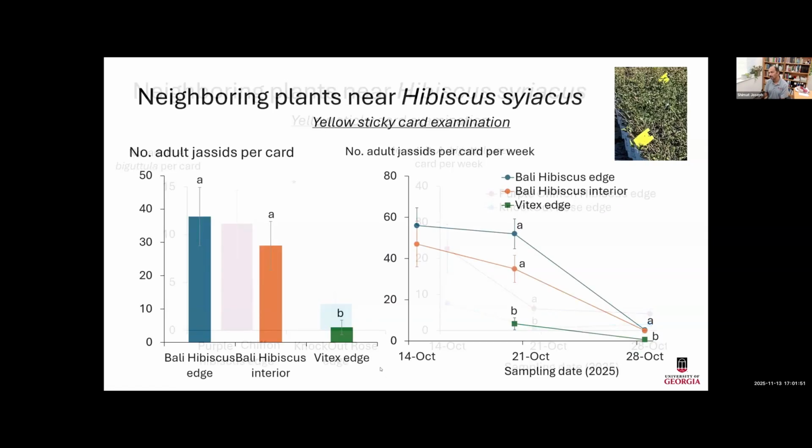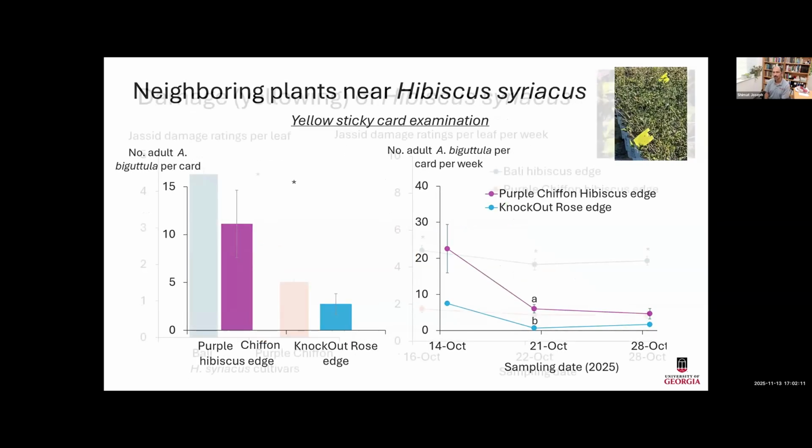One other point I want to mention is that as soon as the growers saw this pest problem, they started spraying insecticide applications. I'll talk about that in a little bit. And you see the population went down. Beyond October 28th, we saw the population is very, very low. That means the insecticide spray really worked in this case.